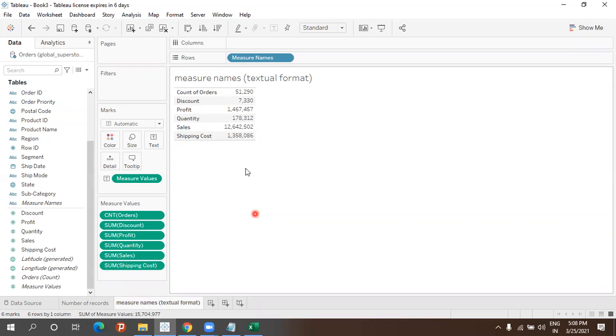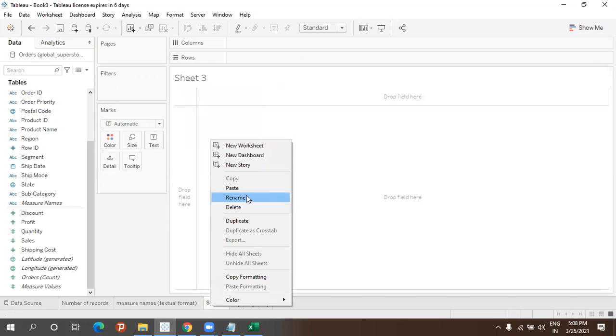Next I'm going to show you how to do measure names and measure values. What we have done is measure names and measure values in the textual format. Now let me take a new sheet here. Right click and rename it.